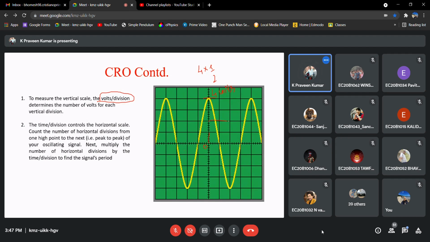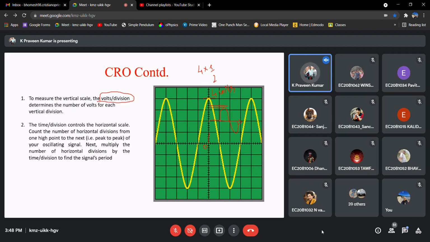Okay, so let us assume I have a signal something like this. Now how can I measure? This is one box, and here we will consider a case like this: 0, 1, 1.2, and this is 1.4, right?